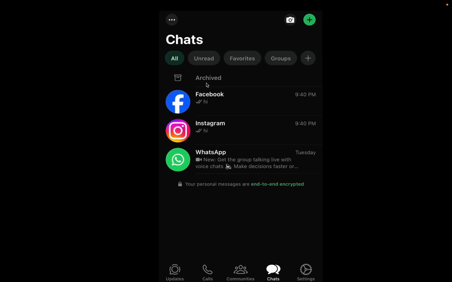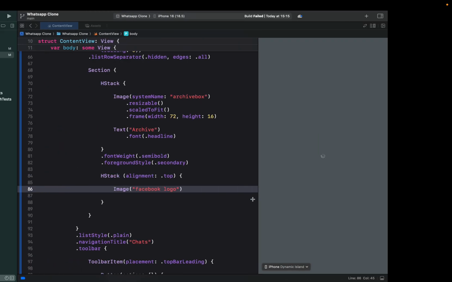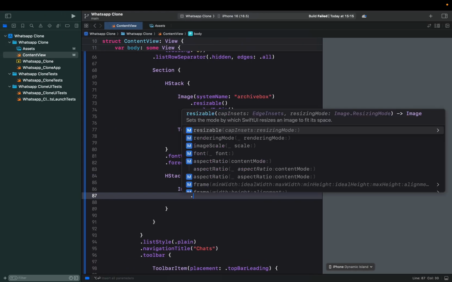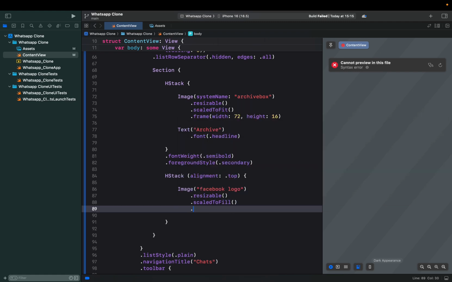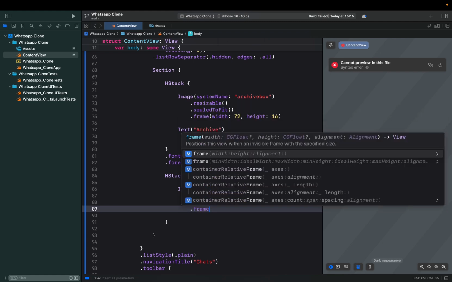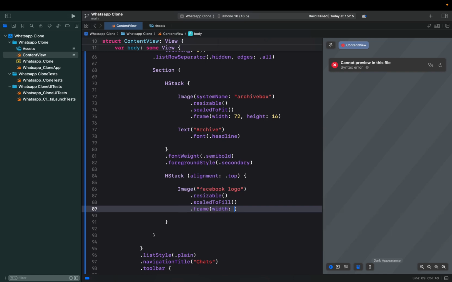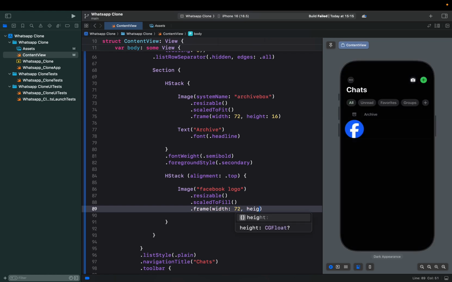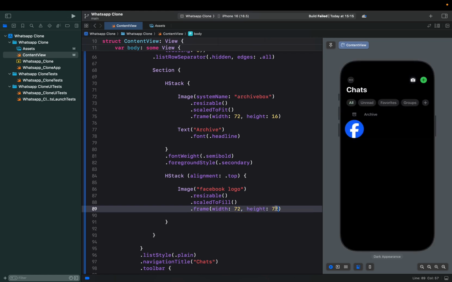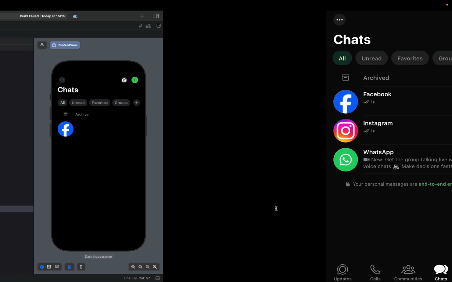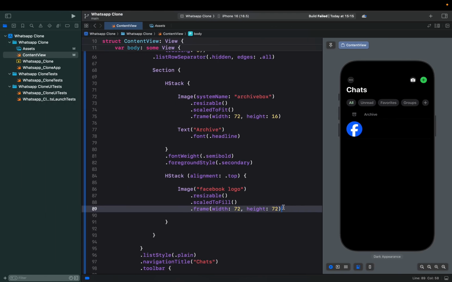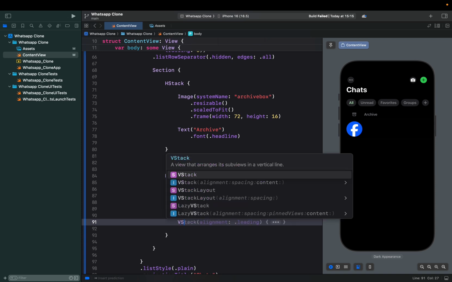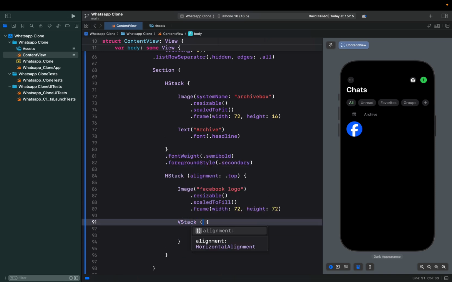I'm gonna copy these chats. Okay, now I can say resizable, scale to fill, and frame of width. I'm gonna say 64 or 72 and height of 72. I think 72 is maybe, no, it's good, I think. Okay, now I'm gonna create a V stack. Alignment is gonna be leading,